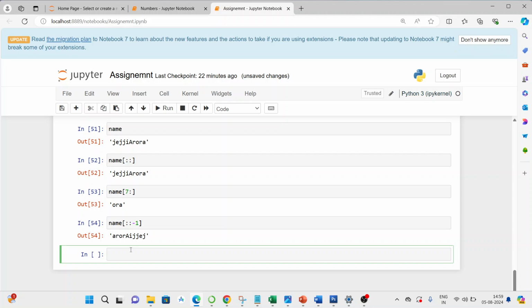Okay. And if I want the string to skip one character, let's first print the name properly. And if I want to skip one character, what should I do? Let's write name with a step. If I put 1 over here, you can see I am getting the original string. And if I mention 2 over here,